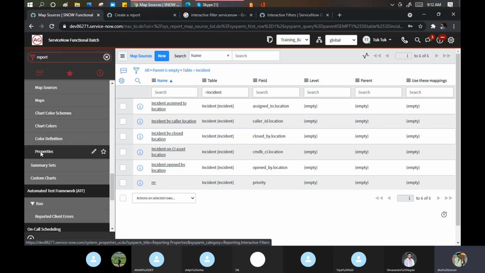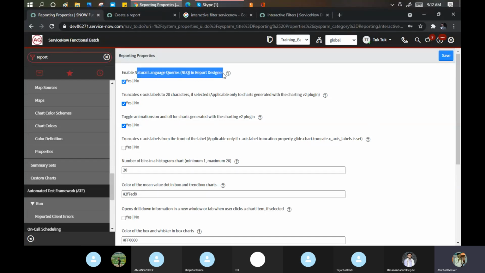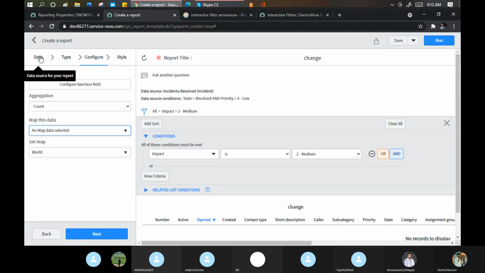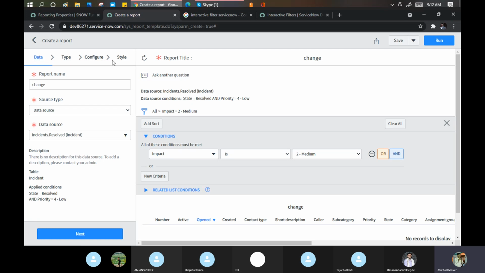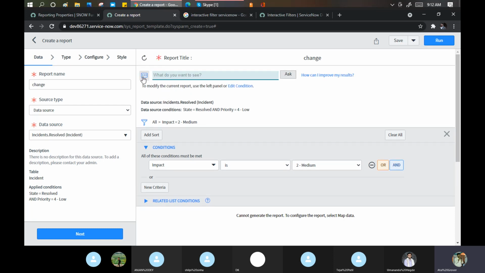Let me come to the properties here. Little important to understand: enable natural language query in report designer. Did you guys notice this thing? If I go to the data, let me run this report. This thing, sorry. What do you want to see?